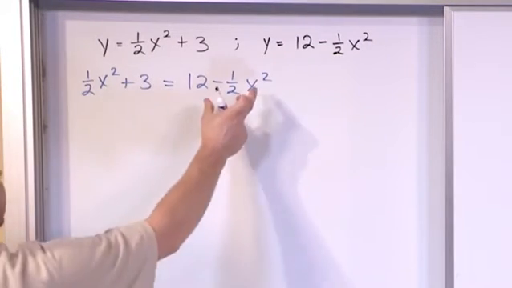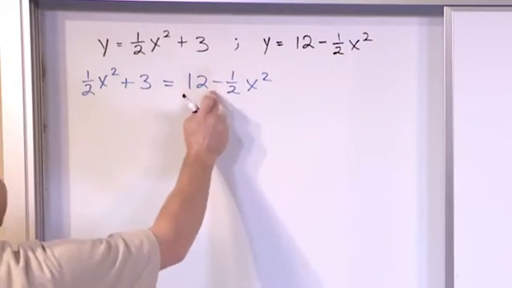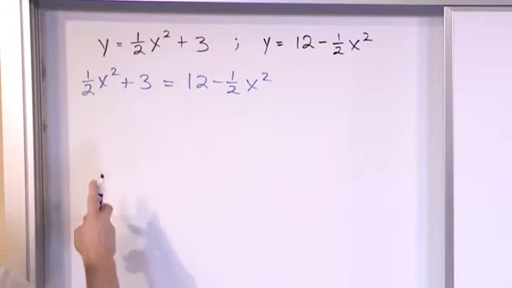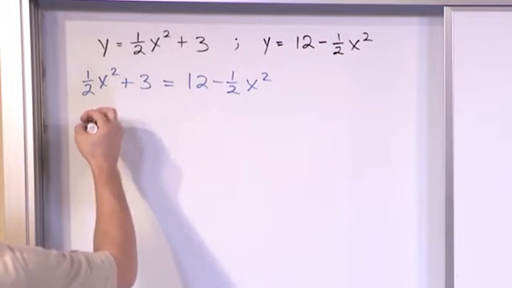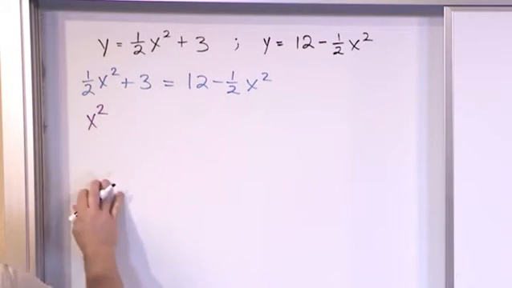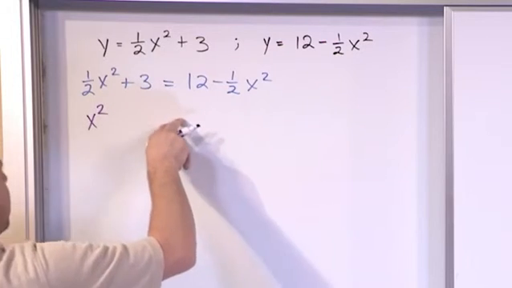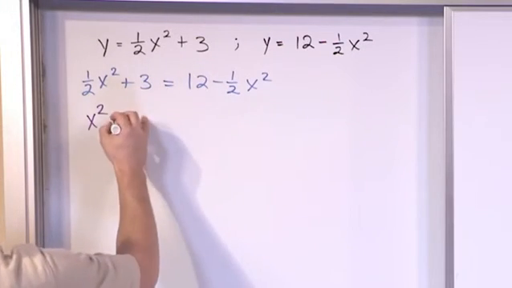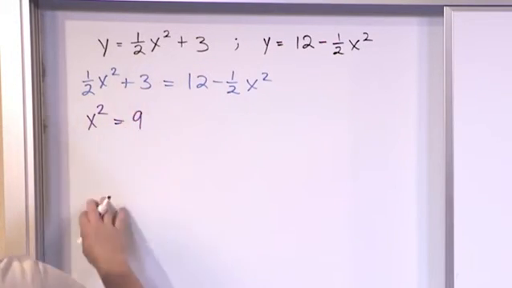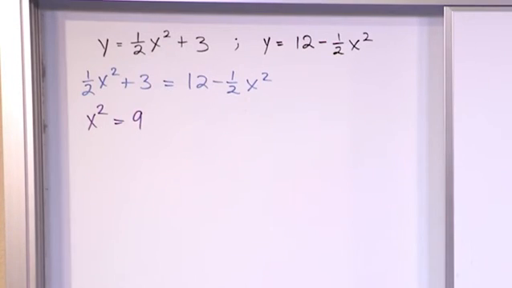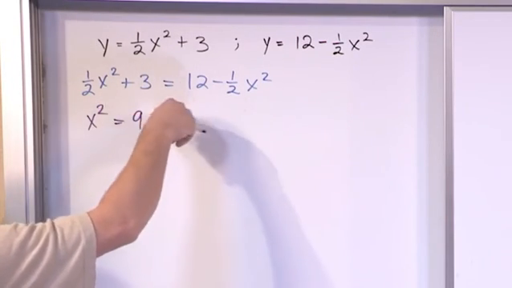We'll take this 1/2 x squared, and it's a negative, so we'll move it over here. That'll make it positive. So when we add these together, we'll have x squared on the left. And then we'll take this 3 and move it to the right-hand side. So we'll subtract 3. 12 minus 3 is 9. All right? And so you can see that we just moved the x squared over here, we moved the 3 over here, and we get